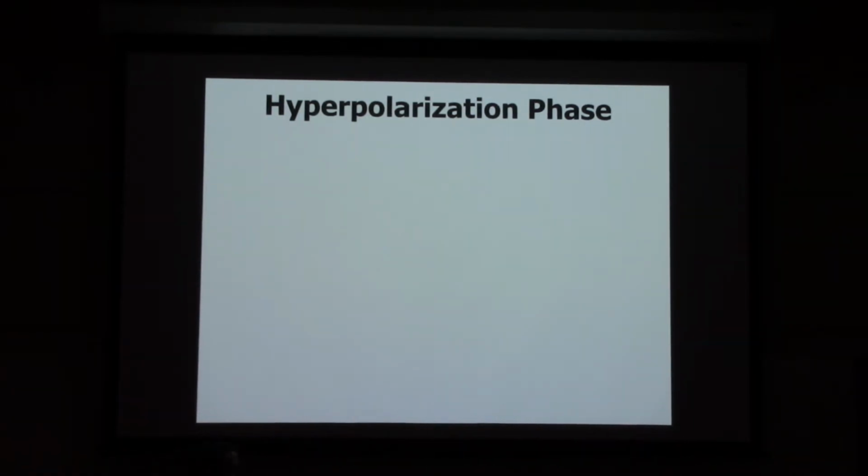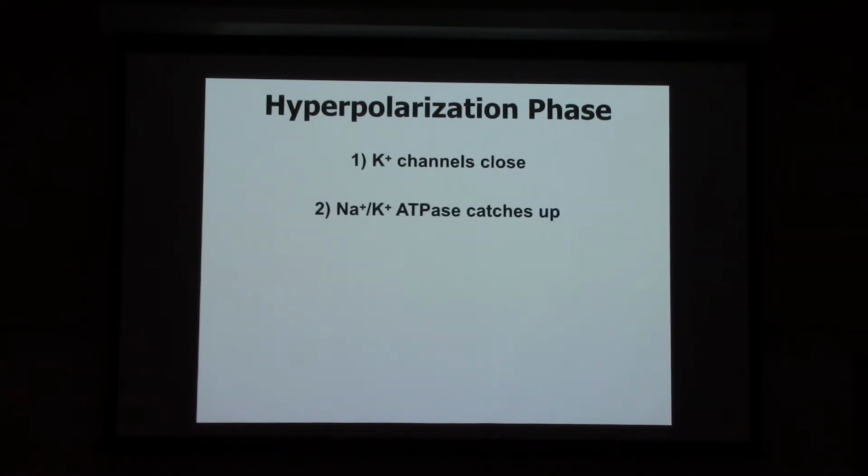So remember, hyperpolarization is when the membrane potential of the cell actually goes below its resting potential. It becomes even more negative than its regular resting potential. And this is really due to just slow-acting potassium channels. They're slow to close, and so a little more potassium leaves than is necessary to repolarize the cell. So you get a little extra hyperpolarization. All right, so the potassium channels are closing. They finally close during this hyperpolarization phase. And then what brings it back up to resting is the sodium-potassium pump sort of catching up. Because